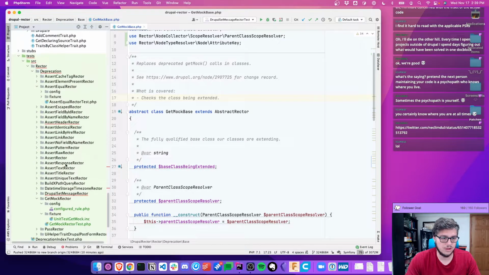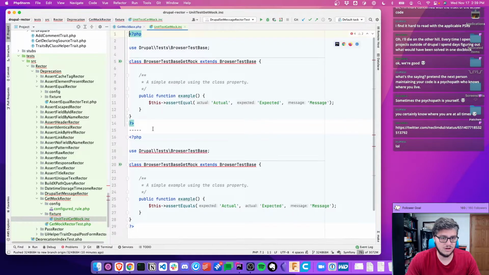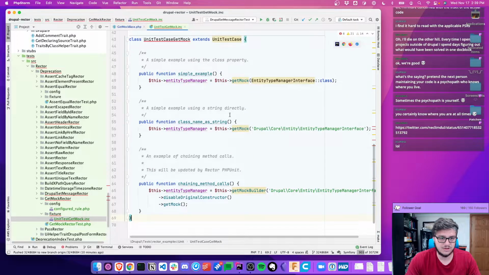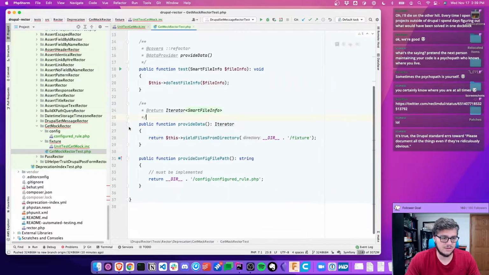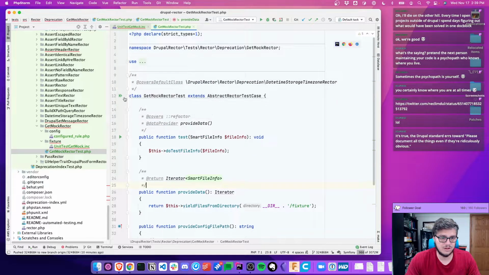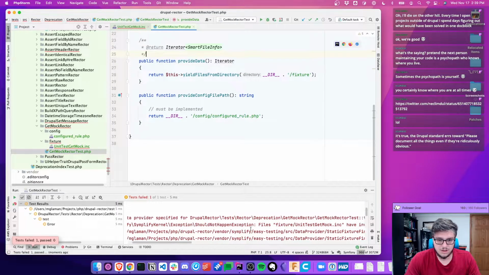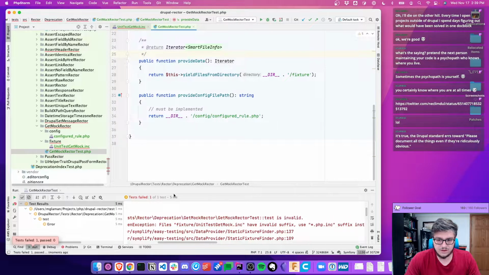So we can go now to our test here, and we paste that, and then we paste it here. If we were to run the test, let's just run the test to make sure it goes through. The data provided is invalid. Make sure suffixes,